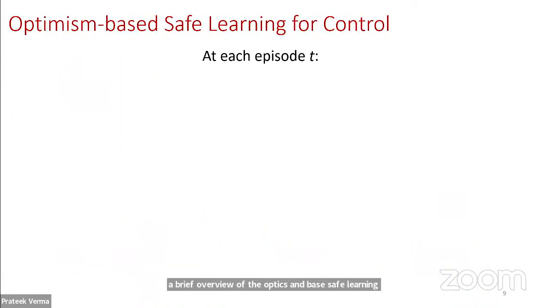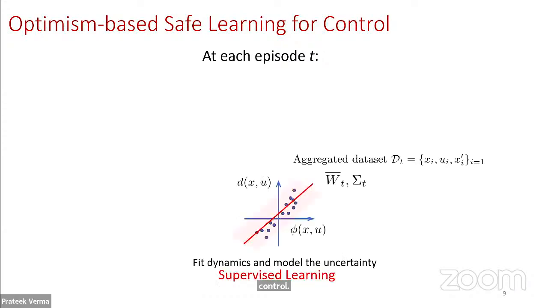Assuming at any training episode T, we have an aggregated dataset representing the state-action pairs and the landing state of the robot. With this information, we can easily use linear regression or ridge regression to calculate the current best estimation